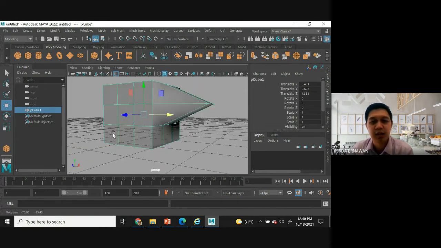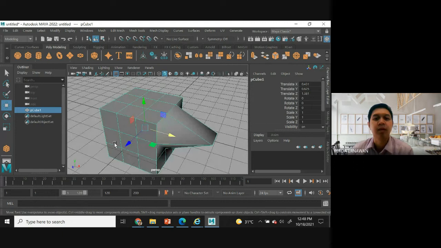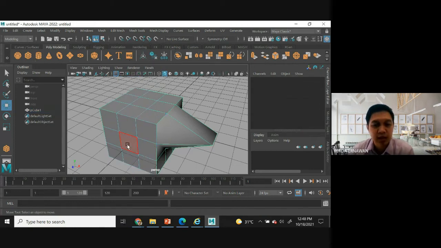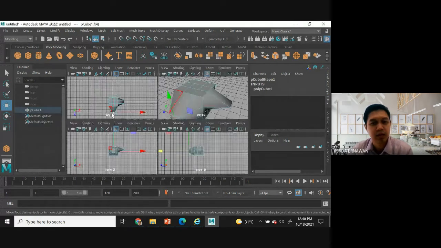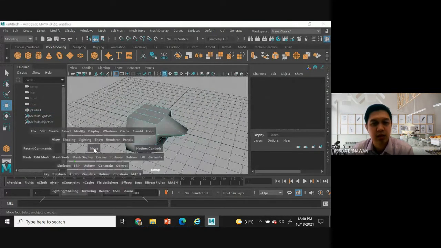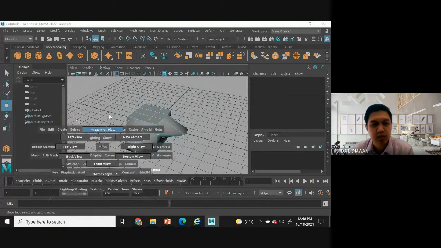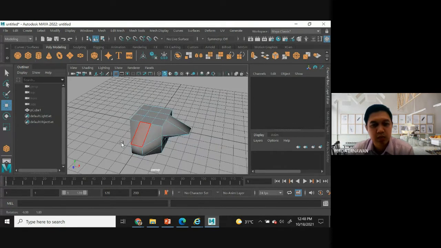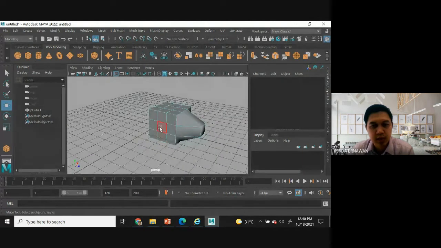You already edited here like this. If I want to update again, you have to change again. Let's say, for example, face. So you are taking this face, for example, and then I want to move this one like this. Let's say this one again.